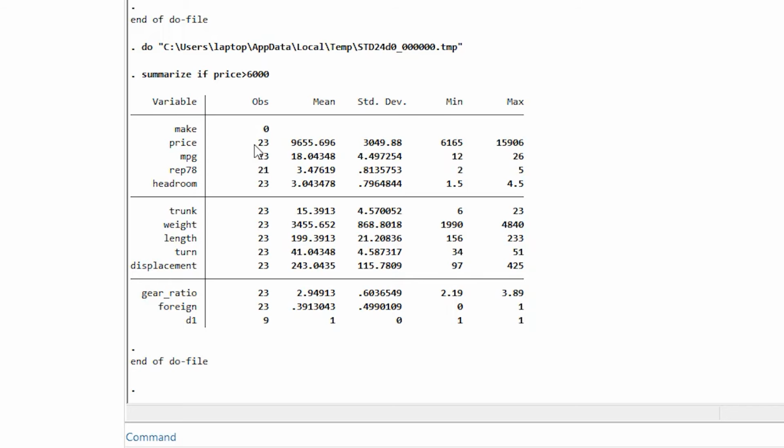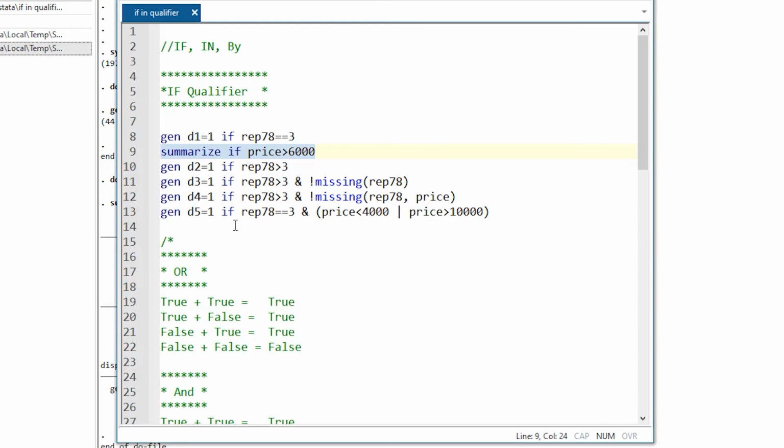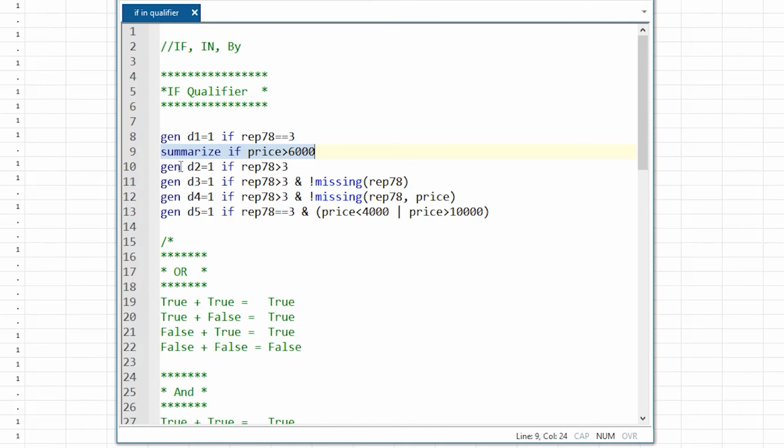And the reason is that for these 23 observations, the price variable had a value of greater than 6,000. Okay, so we can use it with multiple commands. Let's do one more. Let's generate. I would mainly be using the generate command, because